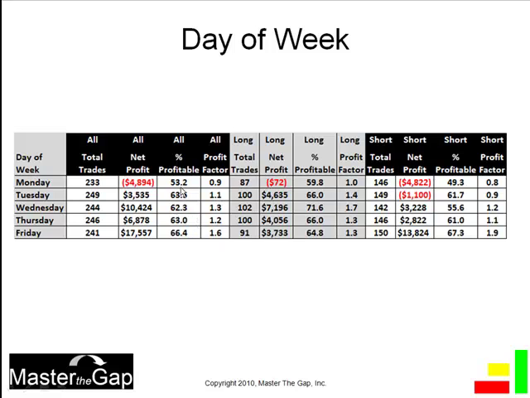But the first part of the week, on Monday, a 53% win rate is a losing proposition because you're less than 1.0 with a 0.9 profit factor. And then on Friday, 66%, the highest win rate of the week, and a 1.6 profit factor. So great information to have if you're a Google trader.